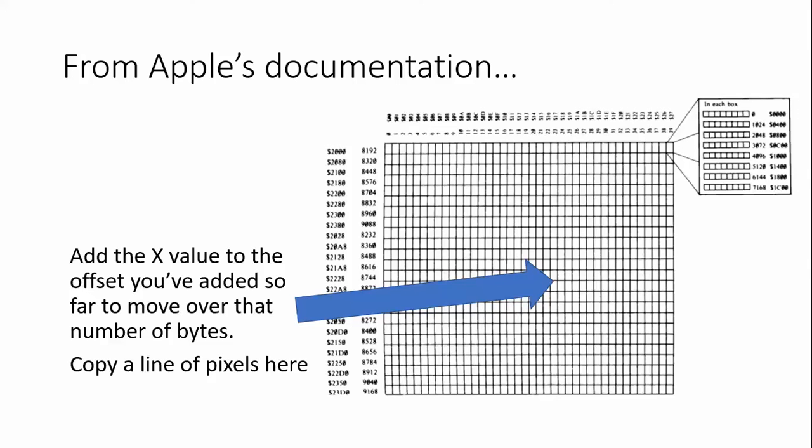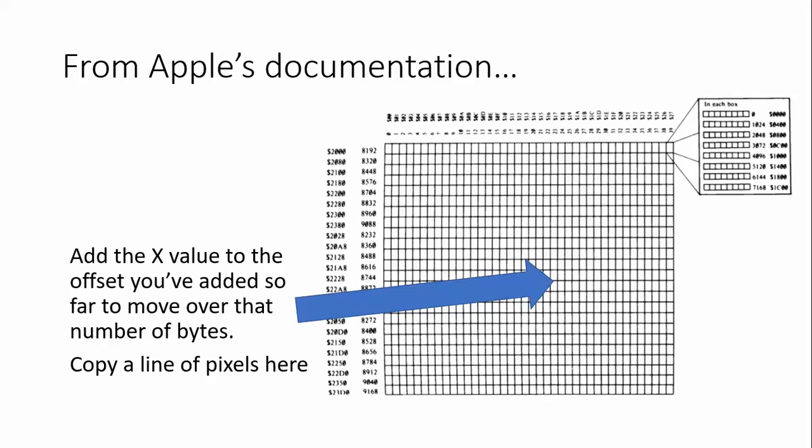Look up the starting address for the lines of that box. We'll figure out what line it is, use that to look up the offset, and add that to the first thing that you looked up. Now you know where that line starts. Then add the x value to that to get the column, and now you know where in memory you can